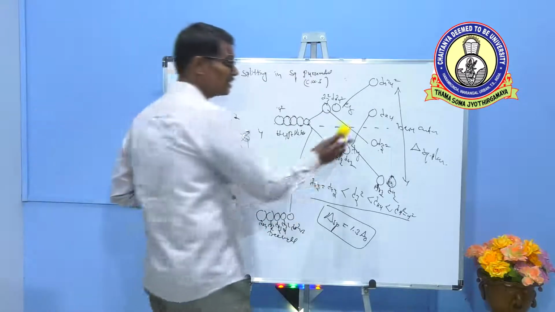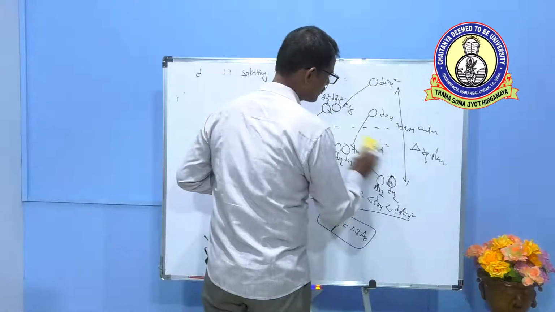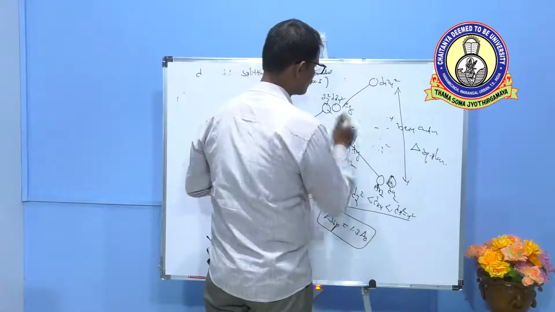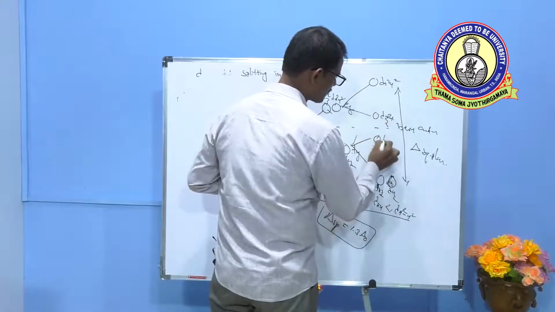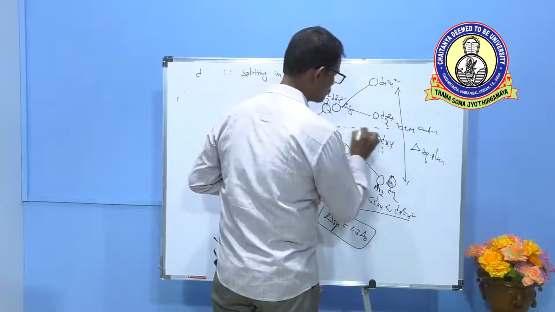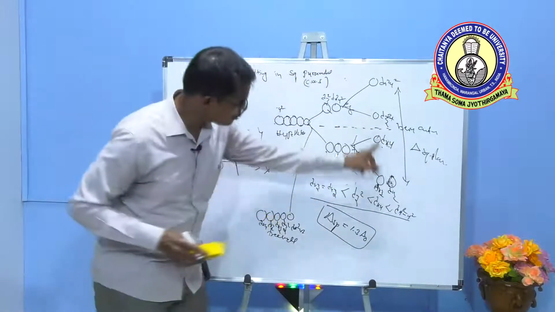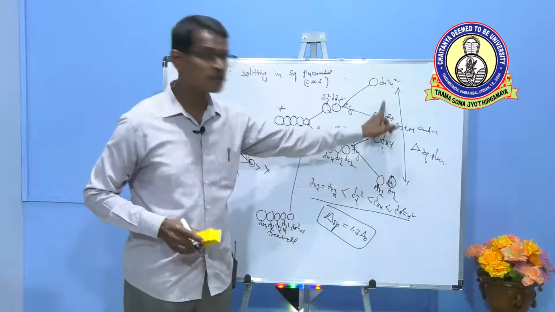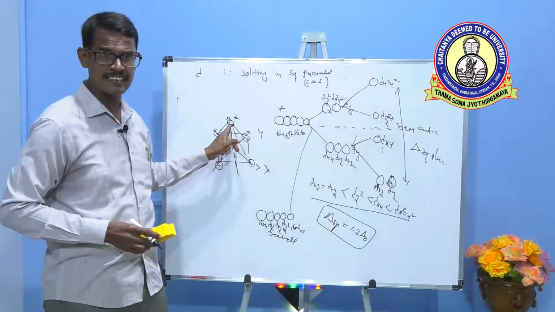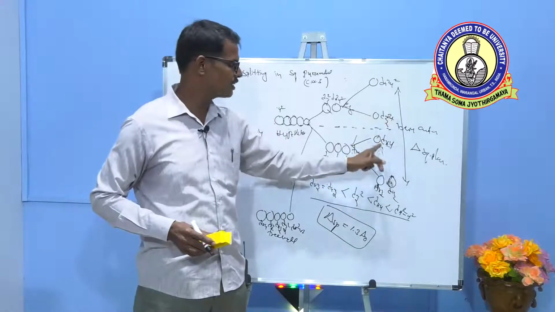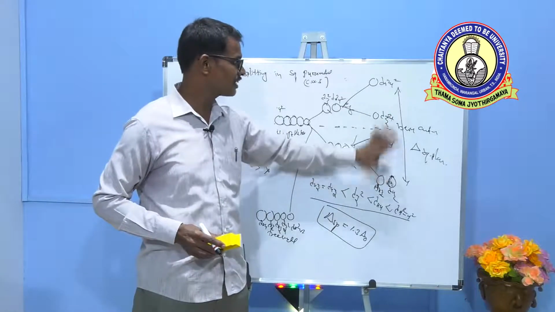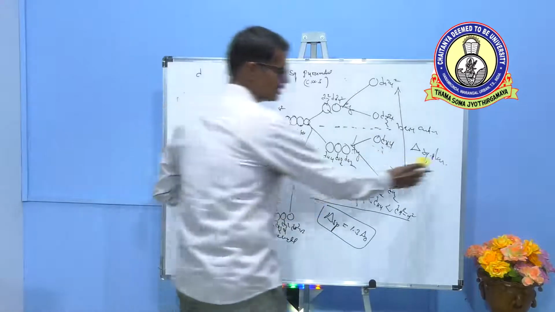The difference in square planar and square pyramidal is that Z orbital energy decreases and XY orbital energy increases. Only this much. In square planar, this goes to lower and this goes to higher, because there is no ligand along the Z axis. One ligand comes, that's why Z square energy increases and XY energy decreases less in square pyramidal geometry.